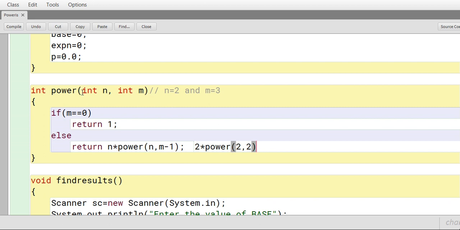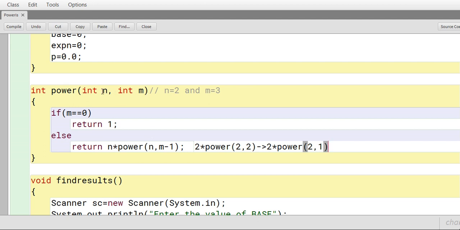Now again this function is being called with the value of n as 2 and m as 2. The value of m is not equal to 0, so else will get executed, and now it will return n into power n comma m minus 1, means 2 into power, now we will pass n comma m minus 1, means 1. Okay.